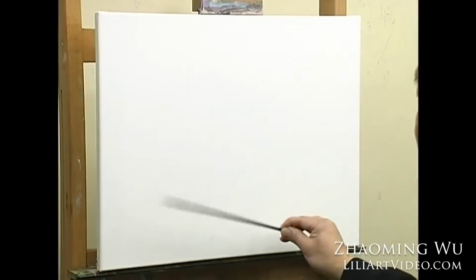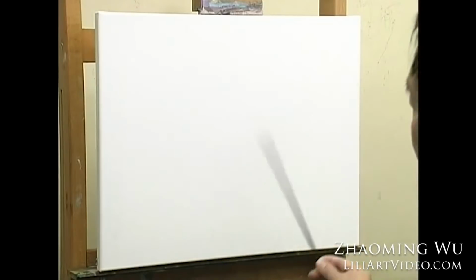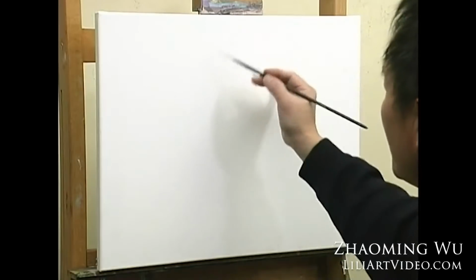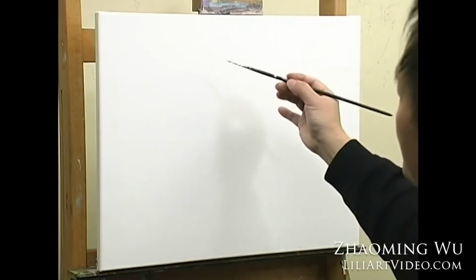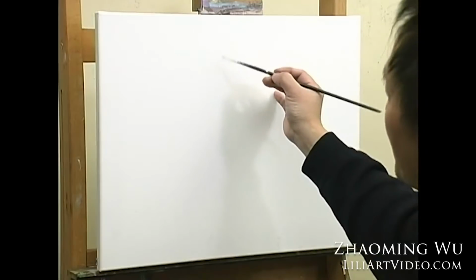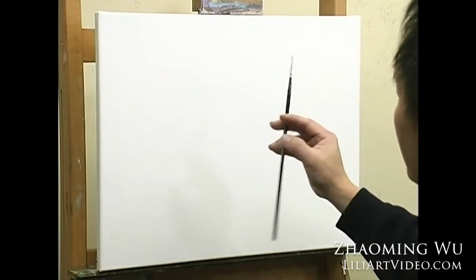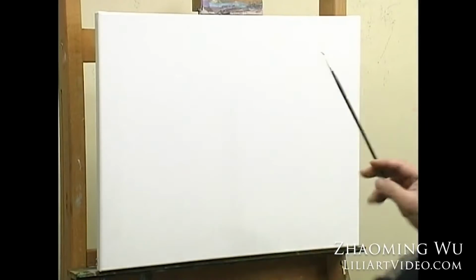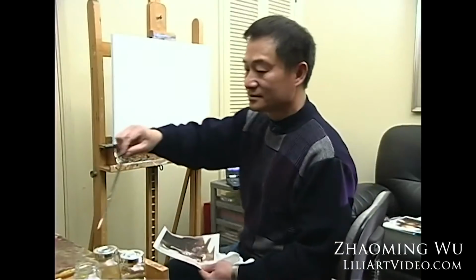It gives me a very sensitive touch, rather than holding this way, rather than this way. Of course, when I get to the detail, I might hold that way, or hold this way. But normally I start freehand,